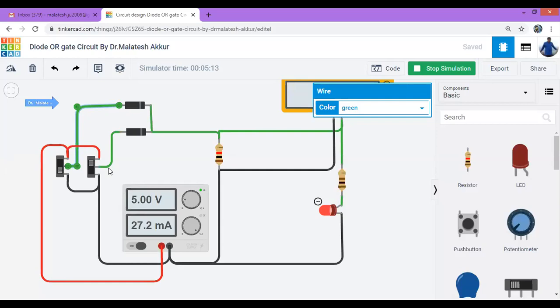So instead of diodes, we can use the transistor also. Doesn't matter. Now the time is another 10 minutes. Any questions, please? Let's see some other circuits in the next class, that is tomorrow. If you have any questions, you can text in the box also. Let me see the text box.